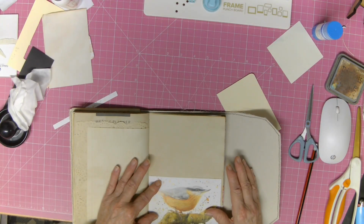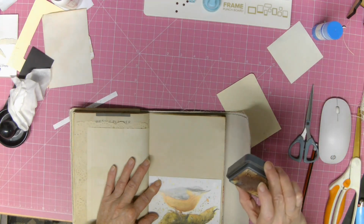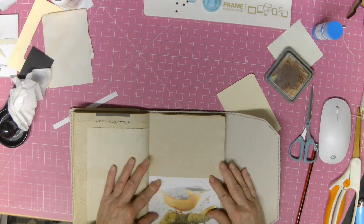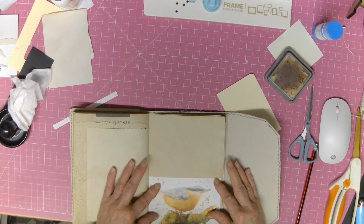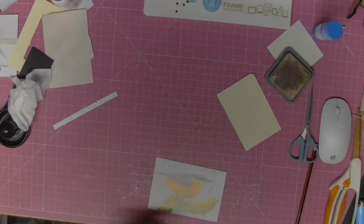But you can tell they're mine. They've got ink on them. What am I using? Vintage photo ink on them. So, fortunately they're machine washable. We just